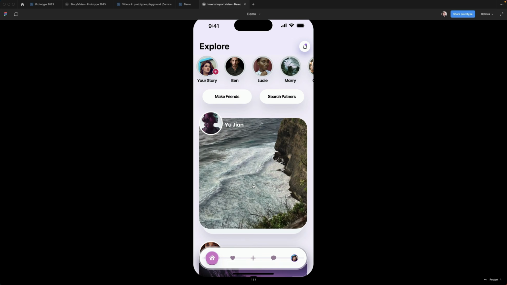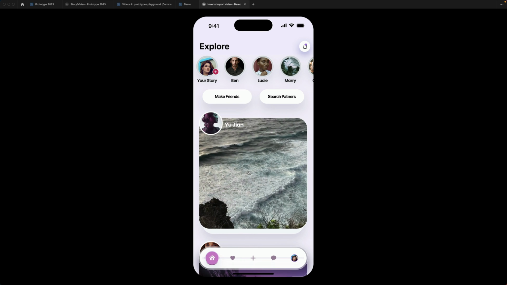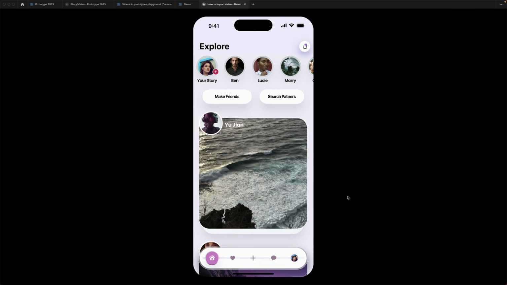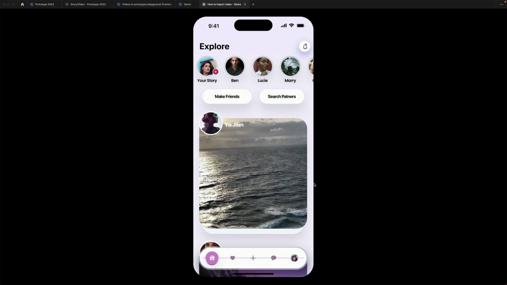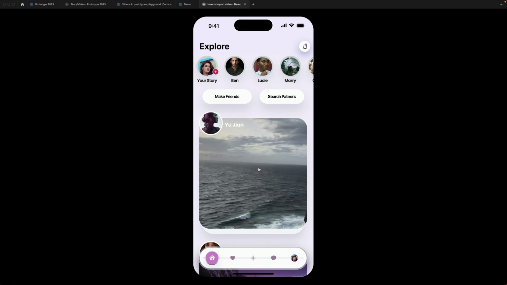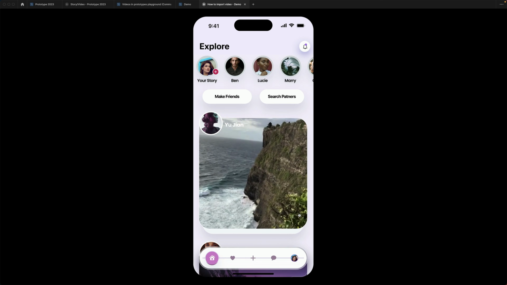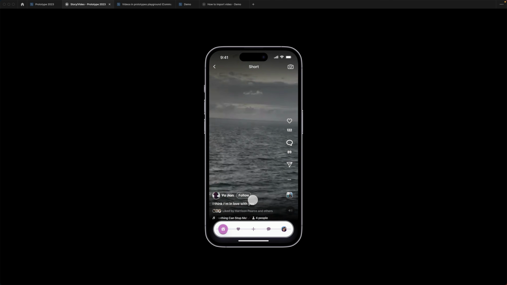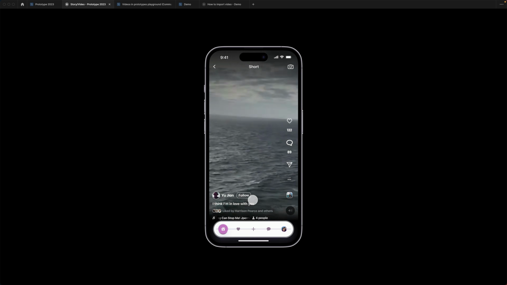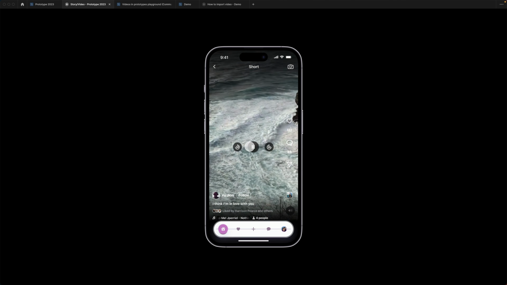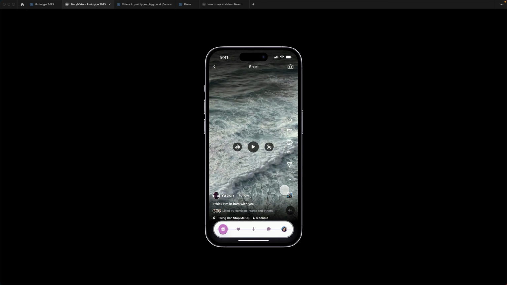You can add a play-pause interaction in a simple or complex way. But let me show you this easy way first. By tapping on the video, it will pause or play. This is the easy way, and later on, I will show you how to do the complex way using interactive component with the play and pause icons. So when you click on it, it will pause, and when you click back, it will play.